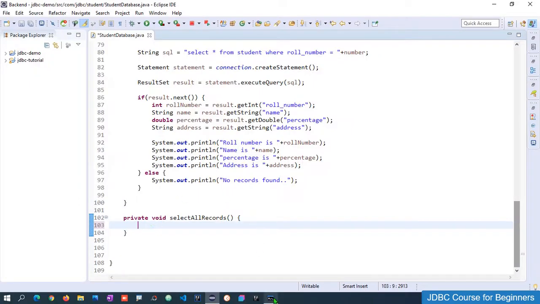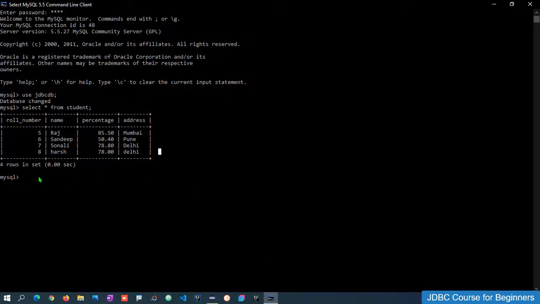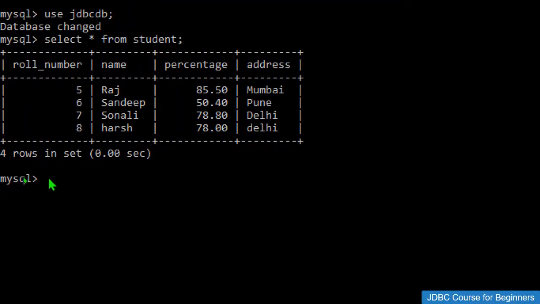So again, let me go back to my MySQL client, and over here I just need to type some commands to create the stored procedure. If you are using MySQL Workbench, or some interface to deal with the MySQL database, then you may find a direct option to create the stored procedure. You can create it in that way. Otherwise, you can type these commands from that interface. So let me add a few commands over here.